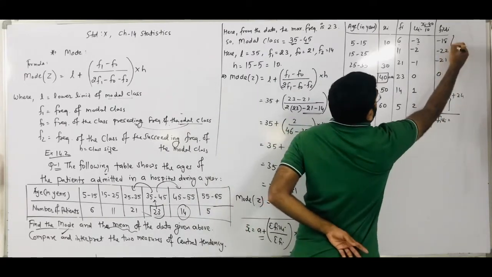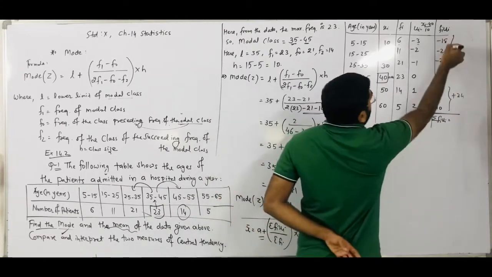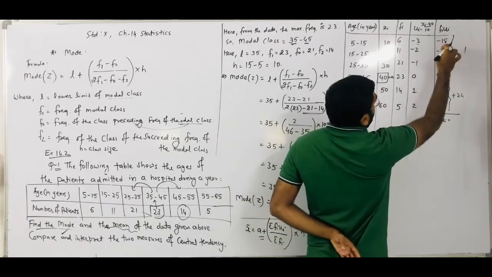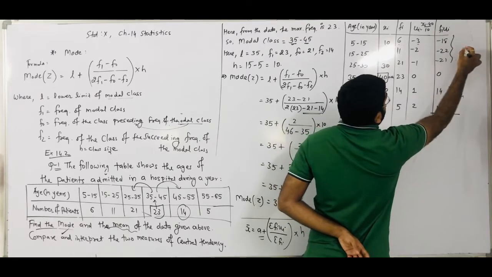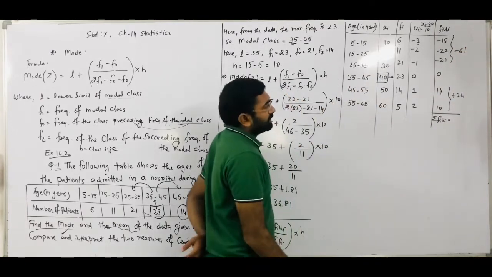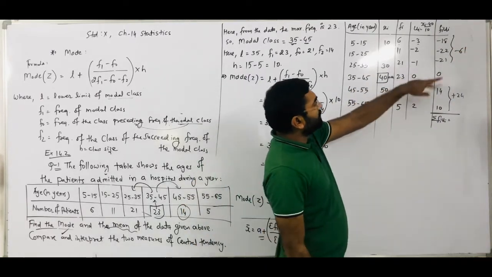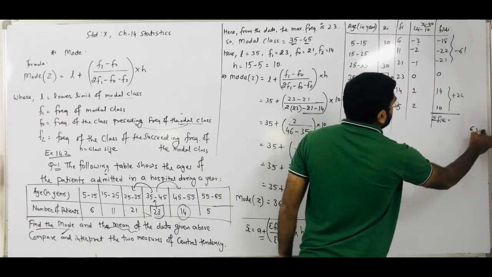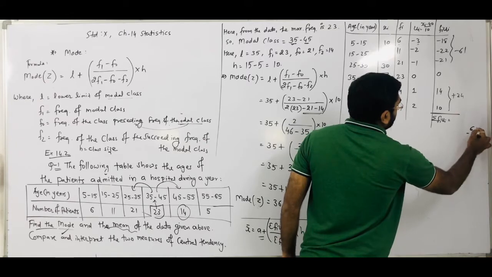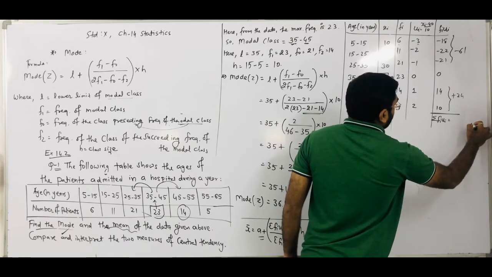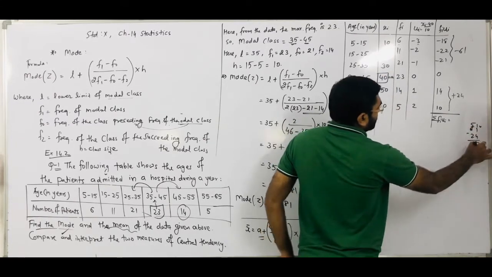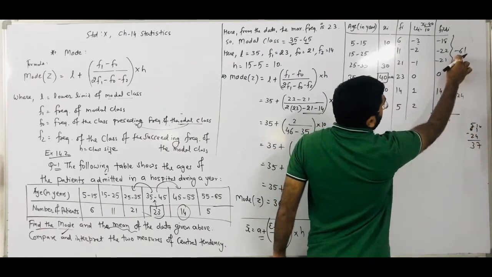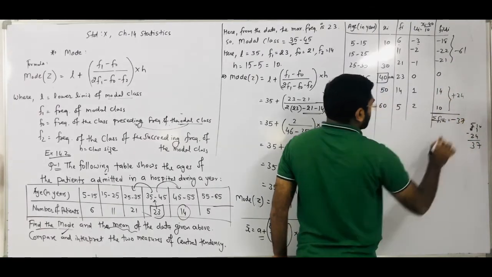And here the negative number summation: 8 plus 2 is 10, plus 1 is 11. 1 is carry. So 2 plus 2 is 4, plus 2 is 6. So minus 61. Right? So we have to add these two numbers. Then here we have to do the 61 and 24 subtraction. So here is a 5 and 10. So 6 plus 1 is 7. Here is a 37. But it is a bigger number that is minus. So minus 37 we get.